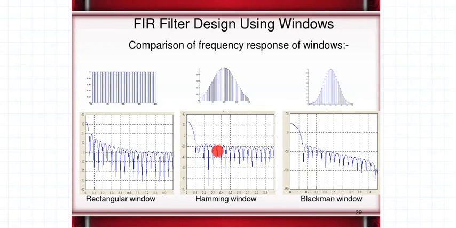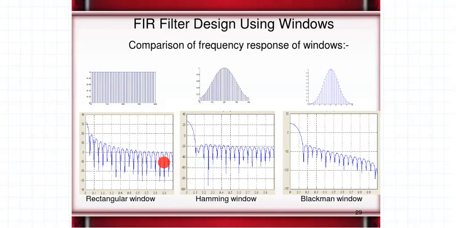This energy has moved into your main lobe, making your main lobe wider. That is the reason. Because here the side lobe energy is minimum, the energy goes into the main lobe, making it wider. If the main lobe is narrow, then this energy goes into your side lobes, and that's why the side lobes are so prominent in the rectangular window: the energy has moved from the main lobe to the side lobes, making them very prominent.